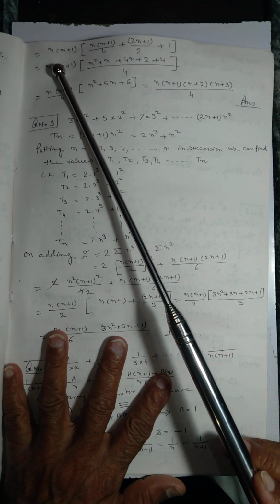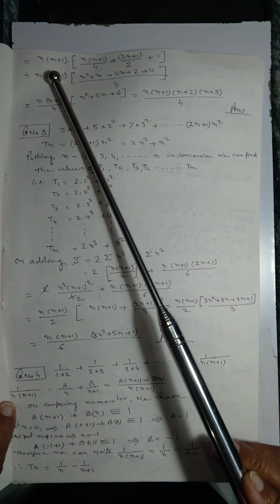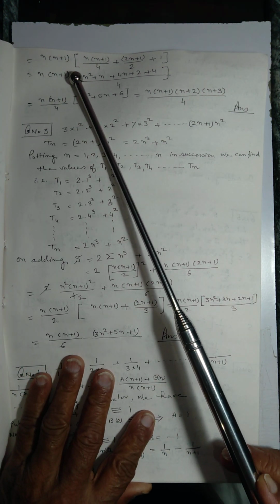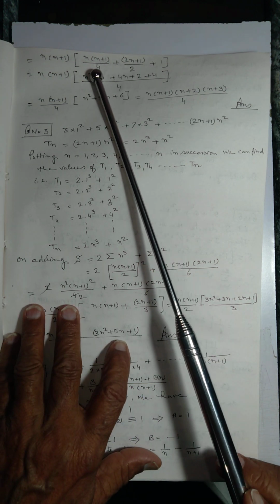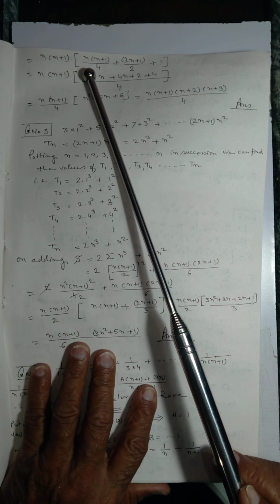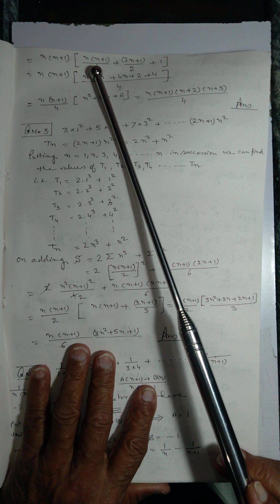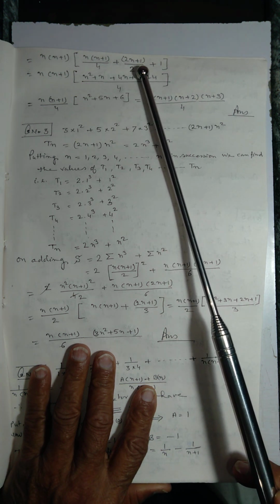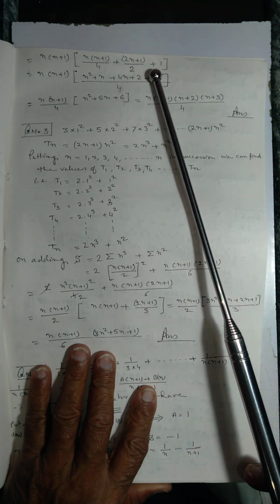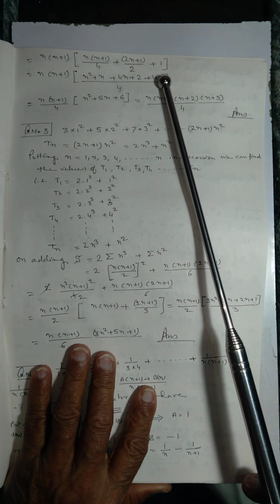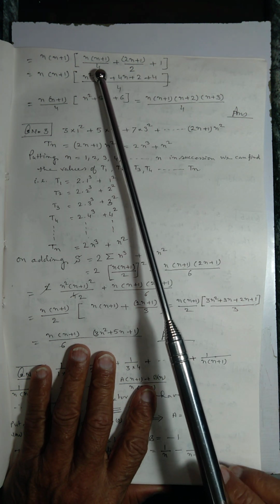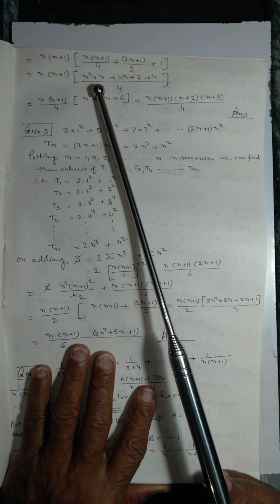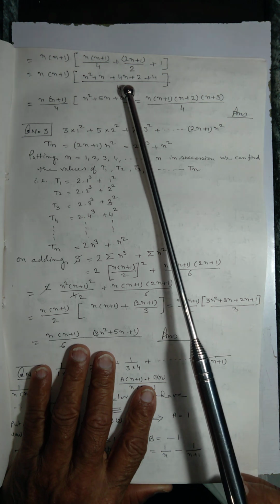Here you see n into n plus 1. It is the common term which I have taken from every term. So n into n plus 1 by 4 plus twice n plus 1 by 2 plus 1 inside the bracket. Now multiply all these. You will get n square plus n plus 4n